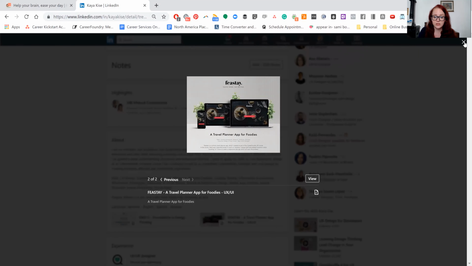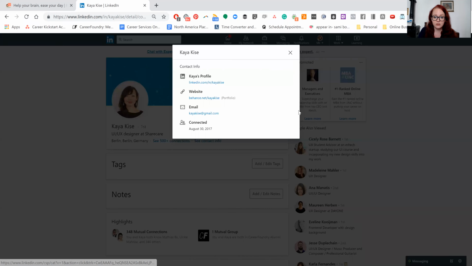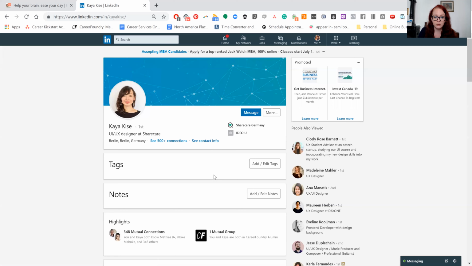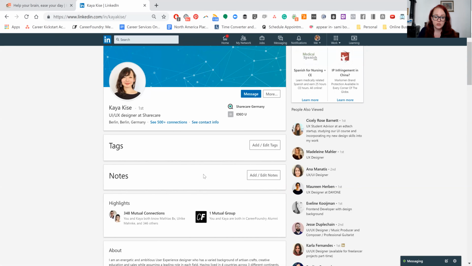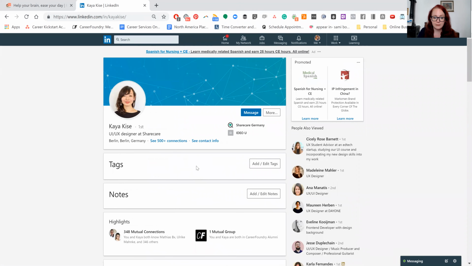So these are the reasons why you don't have to have the most fancy project or the most fancy portfolio or the most fancy profile, but you need to optimize it so people can actually find you when they're looking for somebody like you. So that is an example of somebody who did actually optimize their LinkedIn and do a very good job at it and get some results.